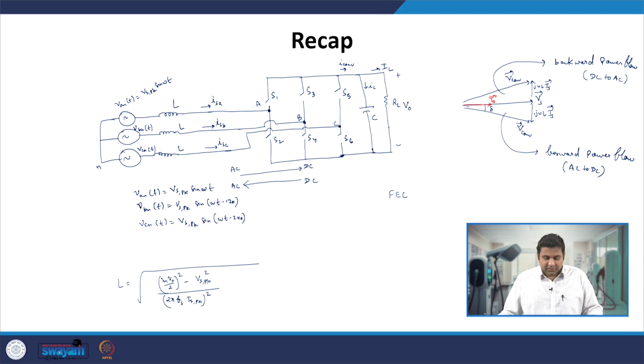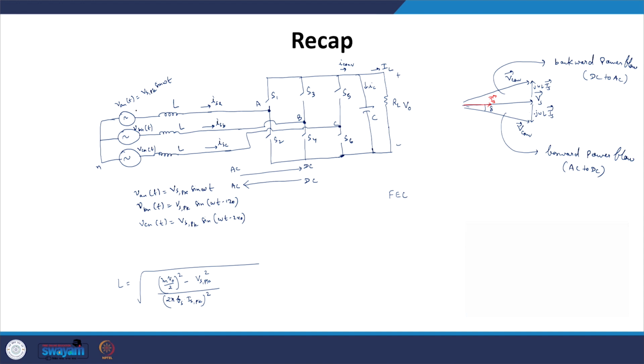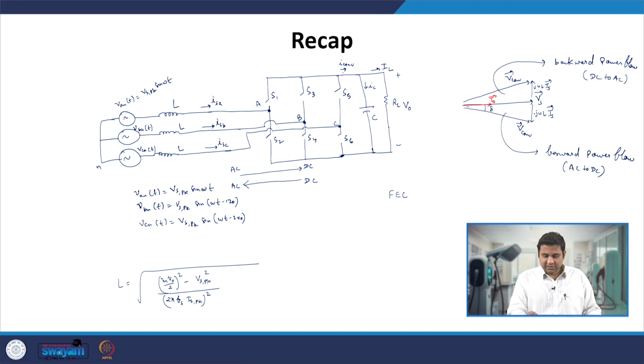In this we are using three identical half bridges, and through the pole we have connected the inductance L, and then to the three-phase AC source having a phase difference of 120 degrees, and then we have a capacitor, and this entire converter is feeding the load RL. And we have seen the operation of this, so we understood that we can control the current going into this by ensuring the voltage across the inductors in a proper manner.